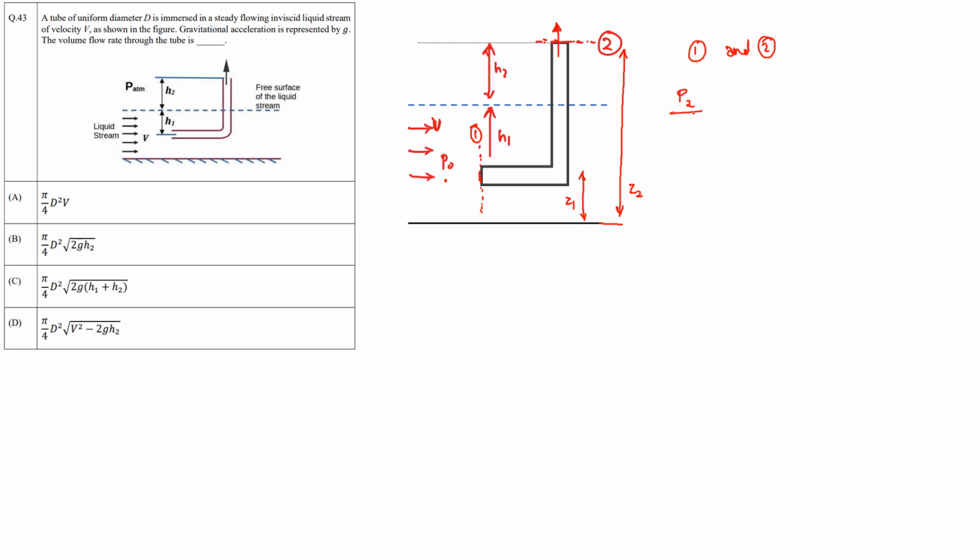So P2 over rho g plus V2 square over 2g plus Z2 is equal to, so from here I have taken this length to be Z2, is equal to,